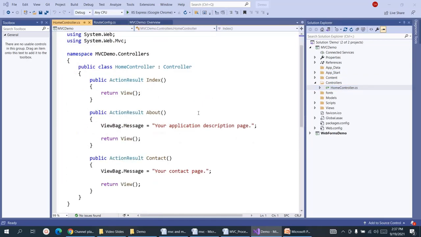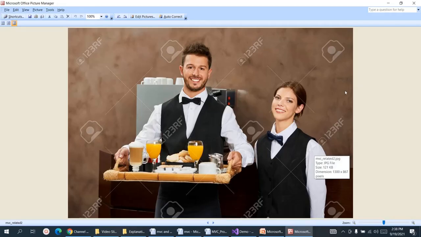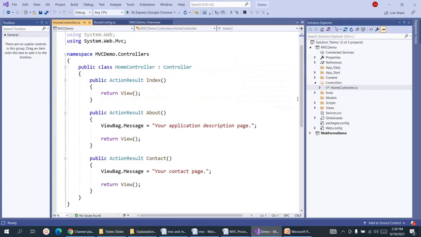Take the home controller. The controller is a very important thing here. Controllers are like hotel waiters. Whenever you give an order, for example, you can order a chocolate milkshake, otherwise you can order mango juice. Whatever request you give, the waiter will bring the needed items to you. In the same way, in an MVC application these controllers are like waiters. So what will they do? They will hand over mango juice, or they will give you the chocolate milkshake.